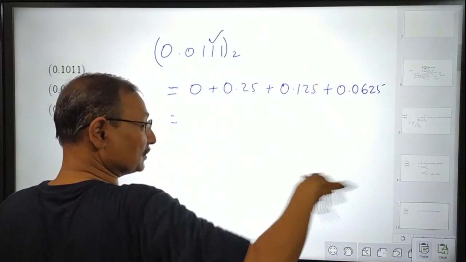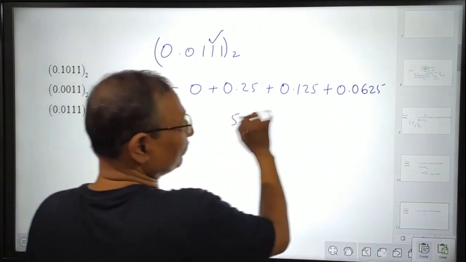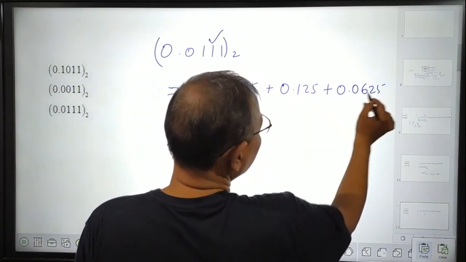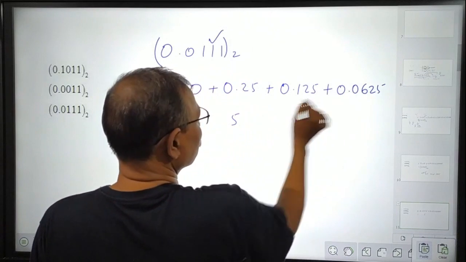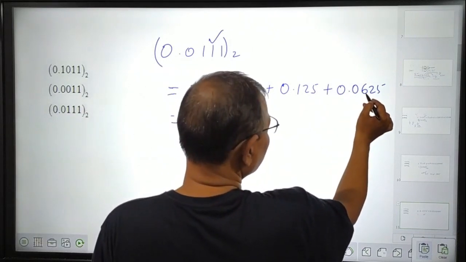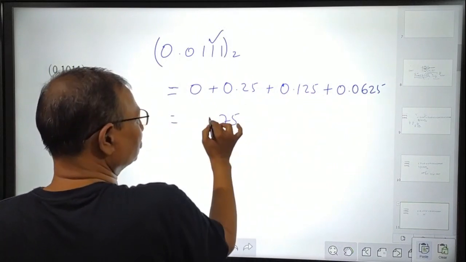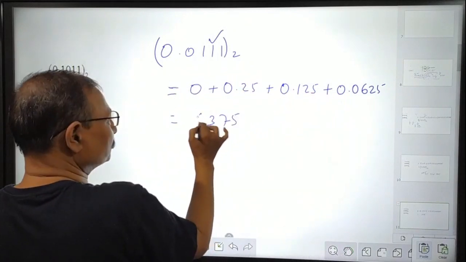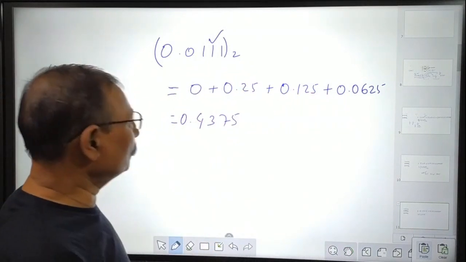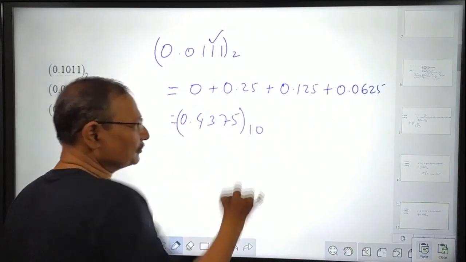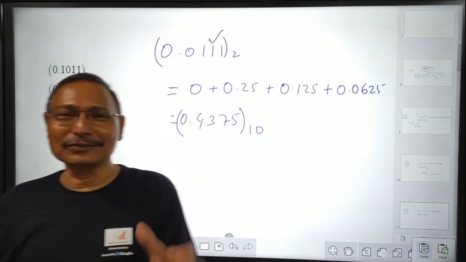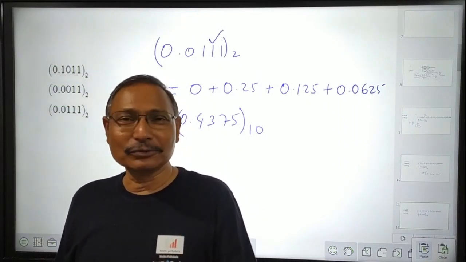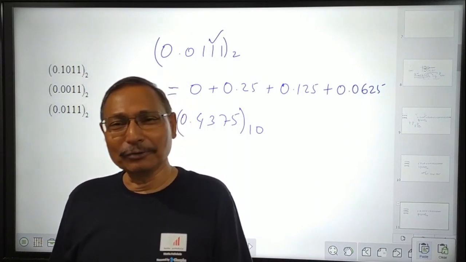This is the fourth digit after the decimal, and there is no digit in the other numbers at this place, so simply 5. 2 in the third place, 5 plus 2 is 7. In the second place we have 6 plus 2 is 8, plus 5 is 13, and now carry over 1. 1 plus 2 plus 2 is 4, so we got 0.4375 in the decimal system. So in this way we can convert the fractional binary part into decimal, and hopefully you could understand.